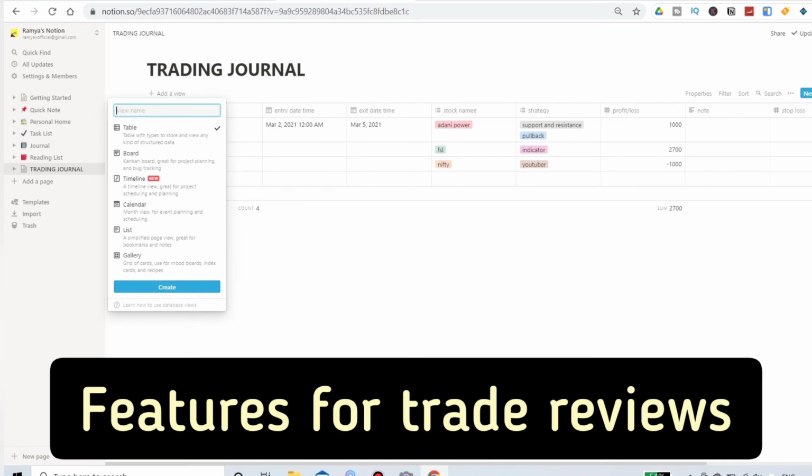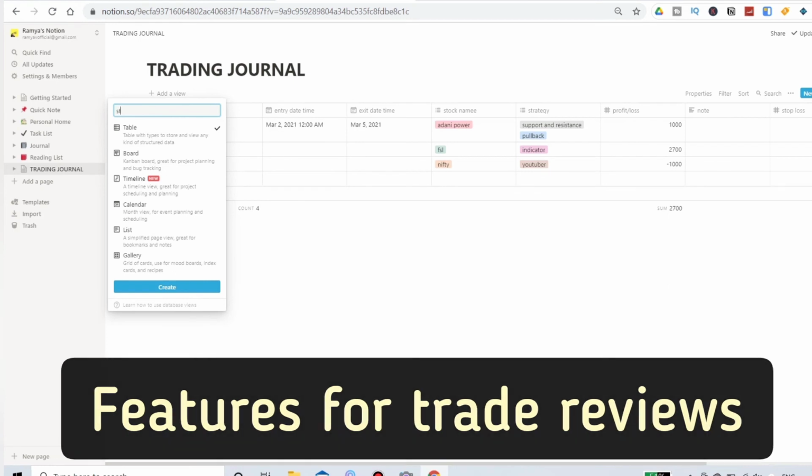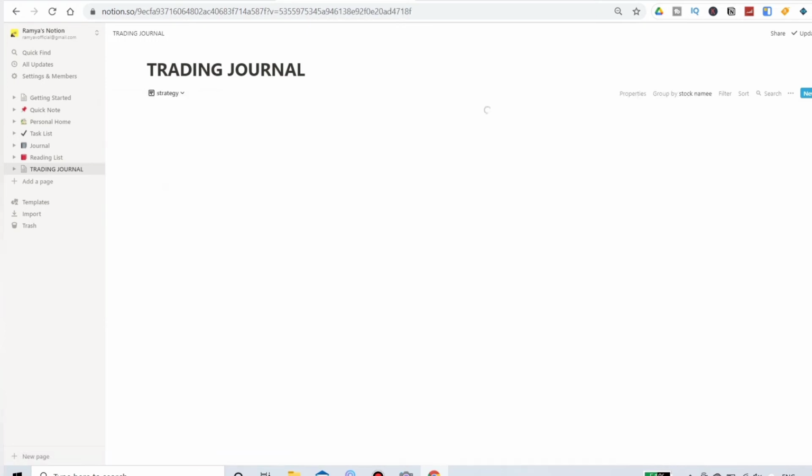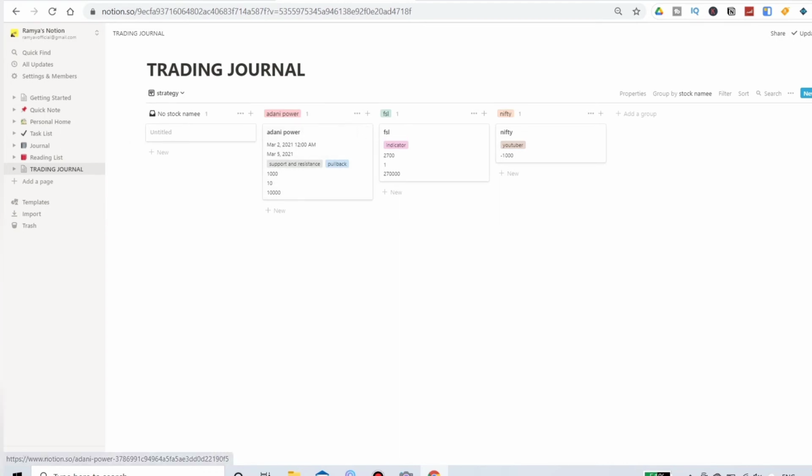Now all the data, to show you how to use it as a board. If you click on add view, you'll have the board one. You can use it here. Now you can use group by and strategy. If you want to group your entries by strategy, you can use it.